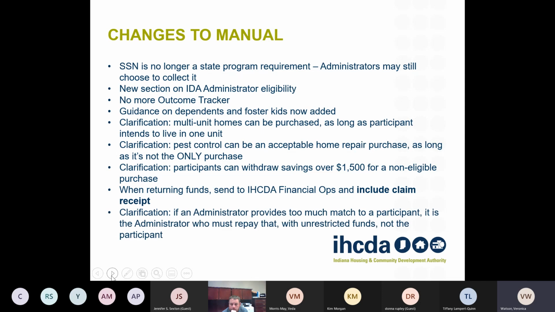This might be the last one. Again, it's a clarification. It's something that we always expected, but was never put in writing in our manual, and it's not something that we expect most agencies to ever have to deal with, but sometimes it happens. If for whatever reason your agency has made a mistake, and you've provided match to a participant over and above what they should have received, either you provided more than $4,500, or you maybe did a 4 or a 5 to 1 match rate,